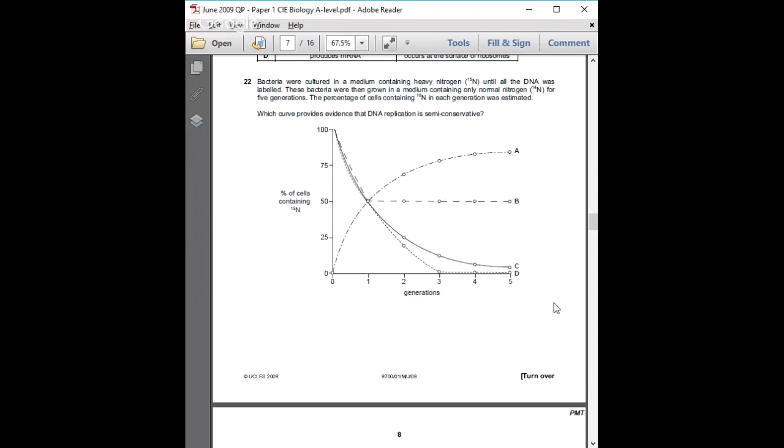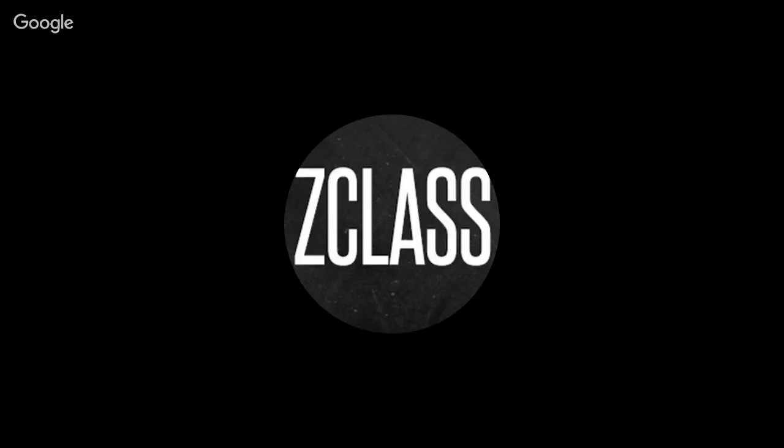So, when you look at one cell and one chromosome of the cell, then in the first generation,